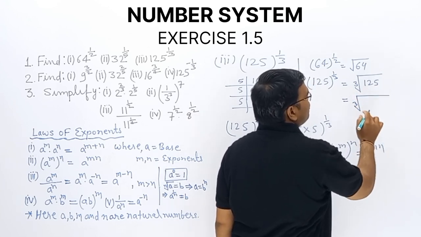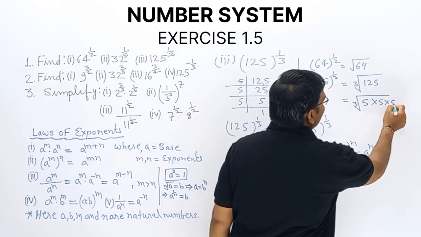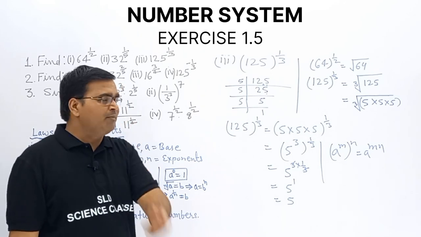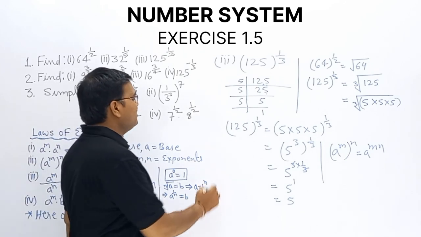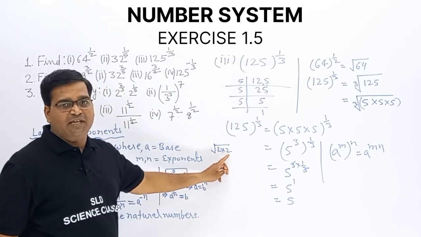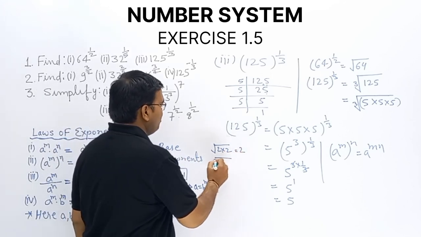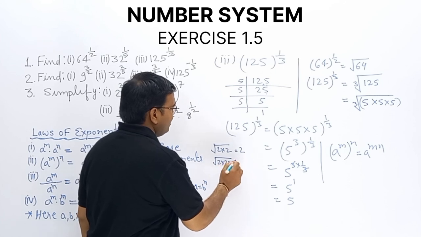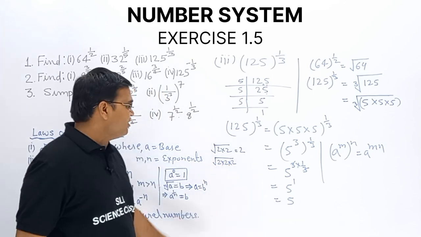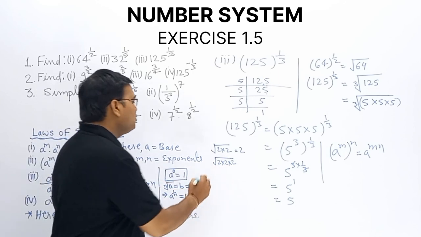Cube root. Now factors of this one can be written like this: 5 into 5 into 5. In the square root, if two numbers are in the root, like 2 into 2 in the square root, two numbers are in multiplication form, then one number will be outside, and that is the result, and its result is 2. Now if three numbers are in the multiple, same 3 numbers, 2 into 2 into 2,